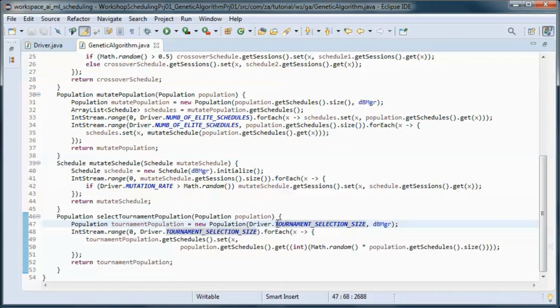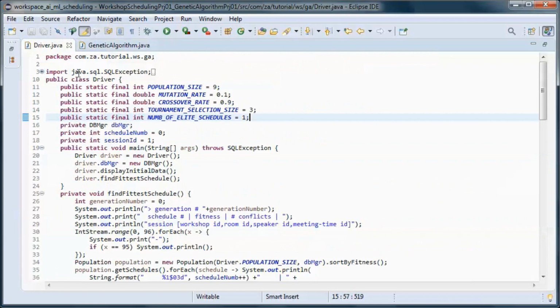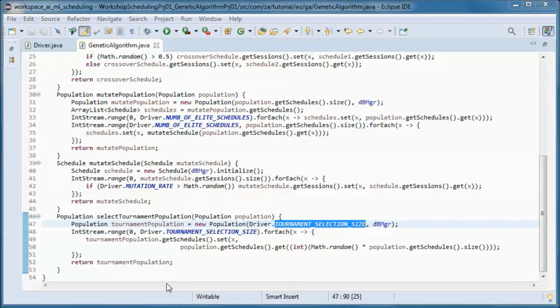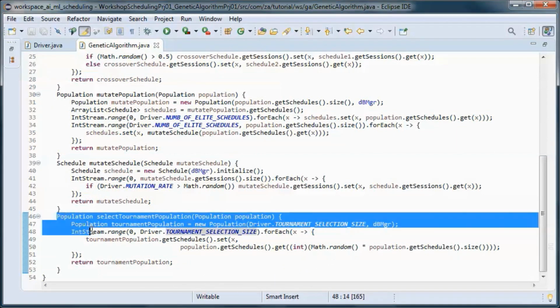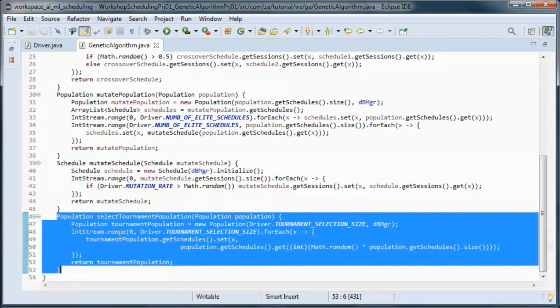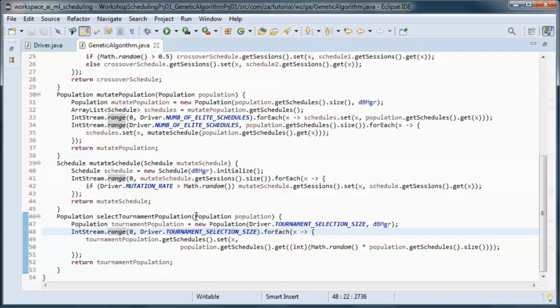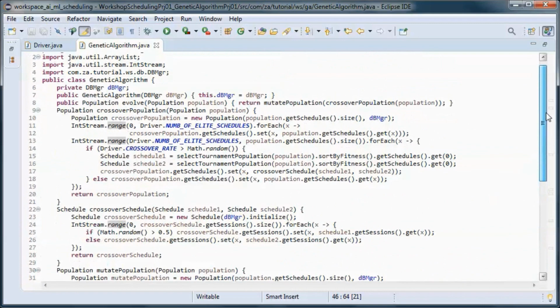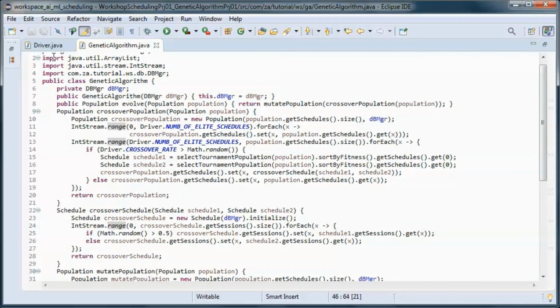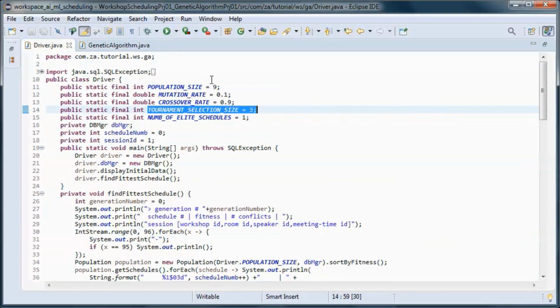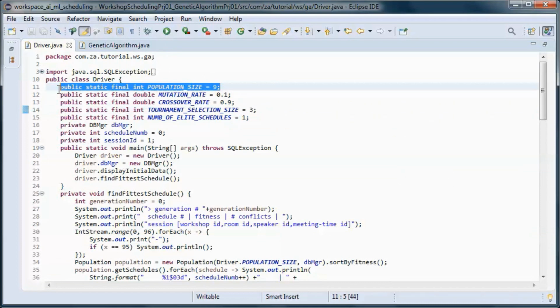And the tournament selection size here is 3. So this method will randomly return 3 schedules given an initial population of schedules, which here has 9 schedules.